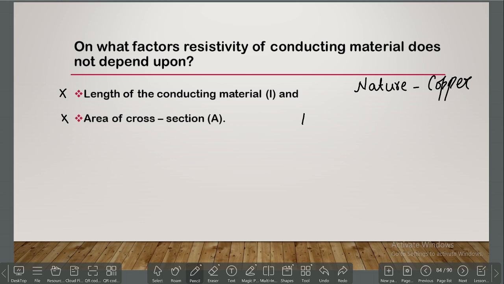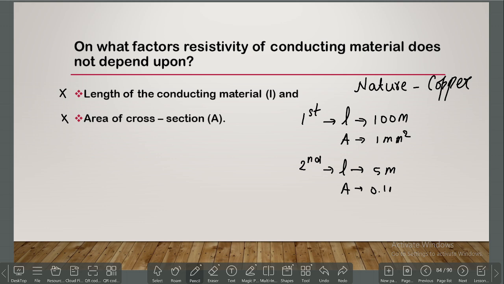The first copper wire has a length of 100 meter and its area of cross section is 1 millimeter square. Let's take the condition like this. And the second copper wire has a length of 5 meter and its area of cross section is 0.1 millimeter square. Now they will be asking us to say the nature or the magnitude of resistivity,